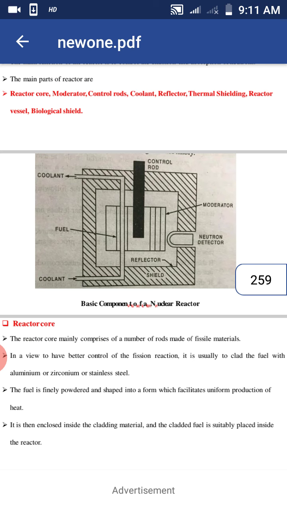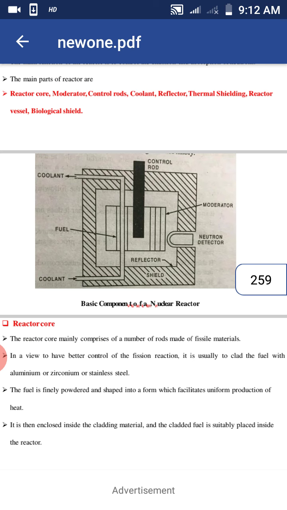When the control rods are pushed outside, there is no neutron absorption at all, so the chain reaction can be initiated or propagated. Depending on the power demand, I can push my control rods outside such that the fission process continues. So you can control the chain reaction, or you can propagate the chain reaction. For that we use the control rods.